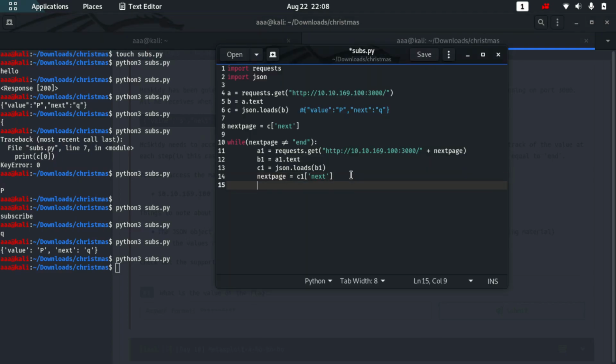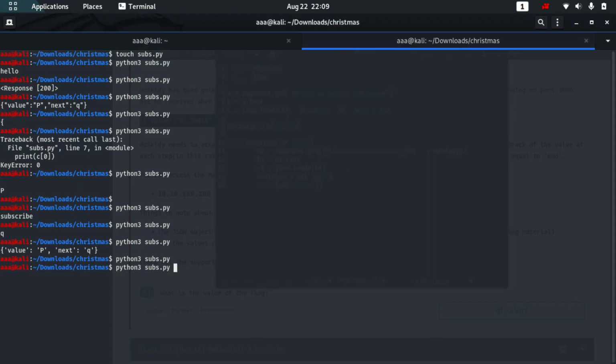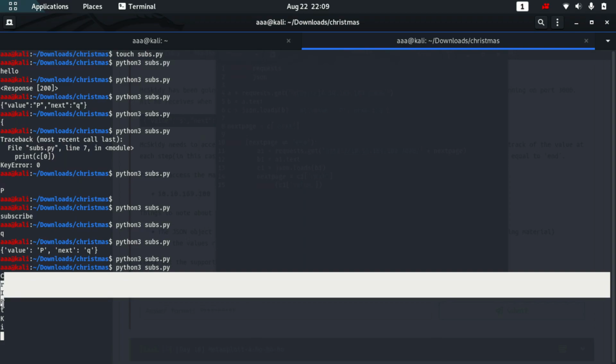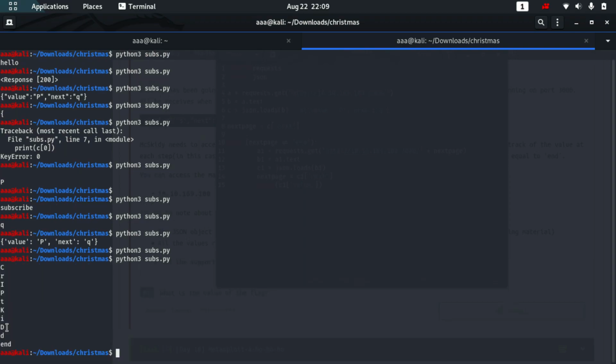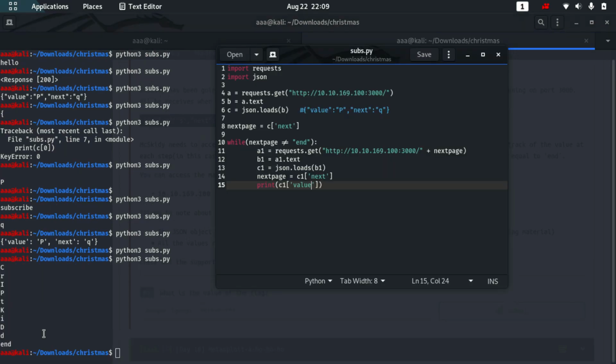Nope. Okay, I didn't print anything. So print c1 and print the value. Here it is. See, we got something. So good. See, so everything I'll explain right now.